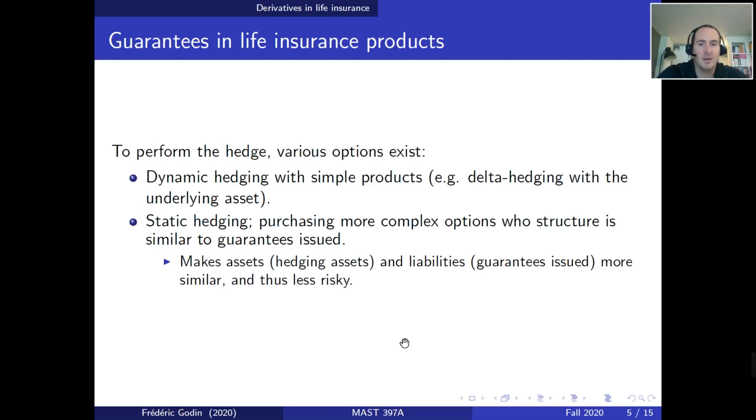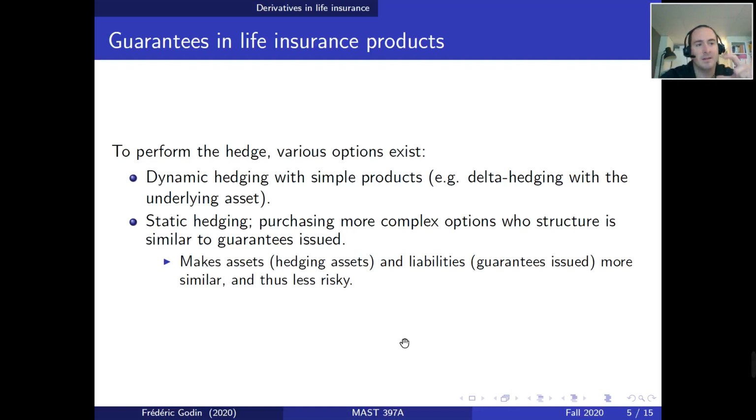it can be every week or something like that, they rebalance their hedging portfolio with simple assets. So if you're selling or purchasing stocks, it's very easy to sell or purchase them so that you can adjust your hedging portfolio. So this is similar to what was done, for example, in Chapter 2. You can try to build replicating portfolios for the payoffs of your guarantees by trading dynamically in the stock or the underlying asset of the guarantee. Conversely, static hedging, they don't rebalance